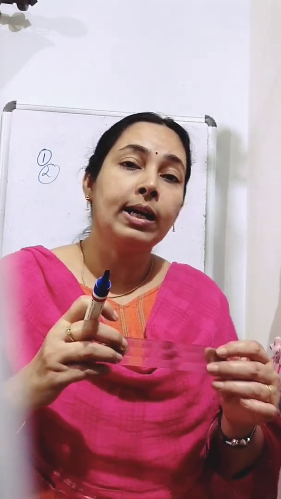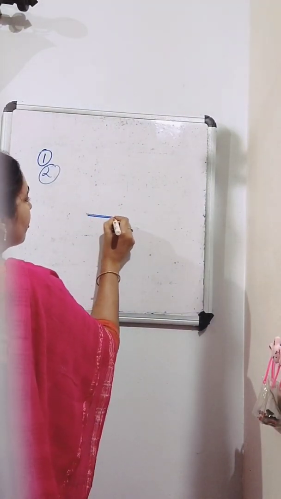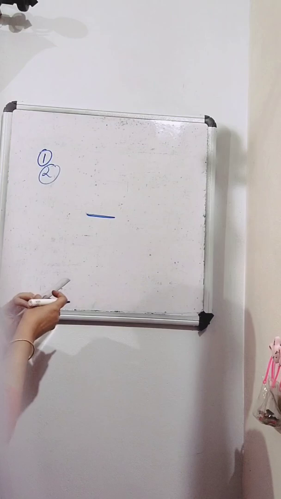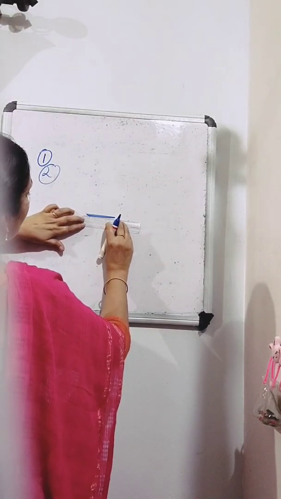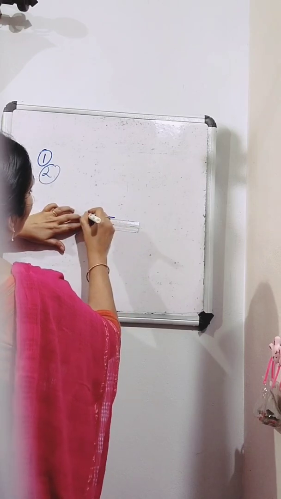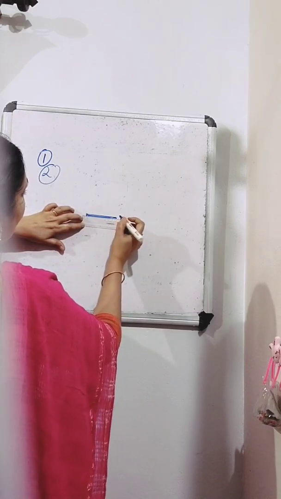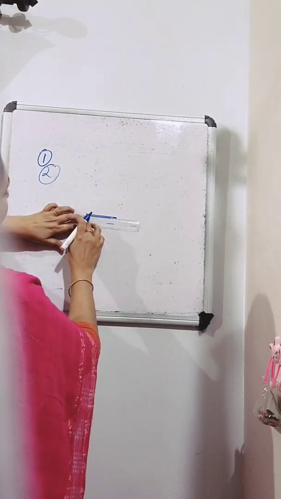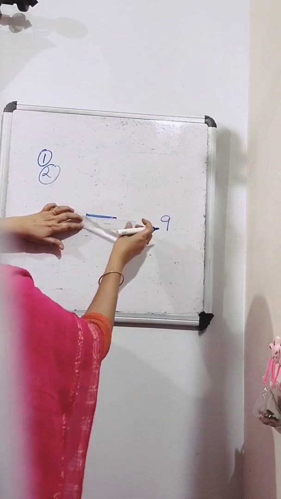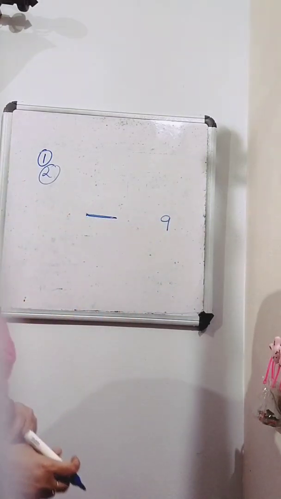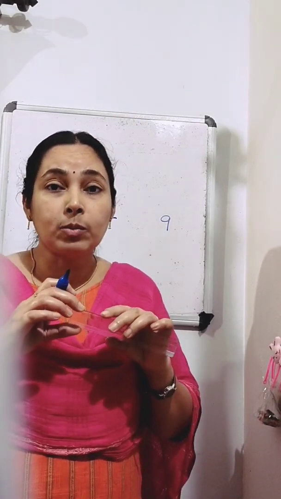Then how you will get the result? For example, if you want to take the length of this line. So here 0 mark and all is wrong. So not clear. So I am going to take from 1 point. Here onwards I am going to take the length of this line. So when I take here from 1 onwards, I get here the reading is 9. Okay. So now what is the length? Length is not 9 because we didn't begin it from 0.